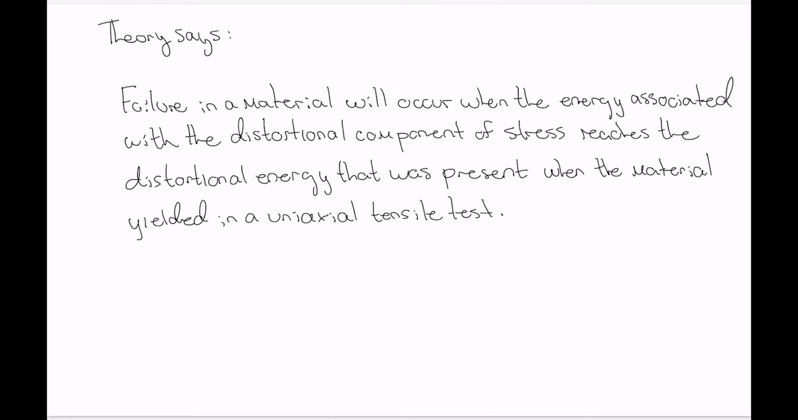Okay, so failure in a material will occur when the energy associated with the distortional component of stress reaches the distortional energy that was present when the material yielded in a uniaxial tensile test. That is the maximum distortion energy theory in words, or the concept behind it. Okay, so let's go through the short mathematical process of building up the equation, or deriving the equation, for the maximum distortion energy theory. This needs to be done in 3 dimensions when we build this equation up. So we need to start with a